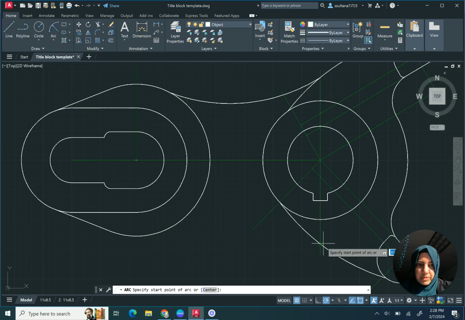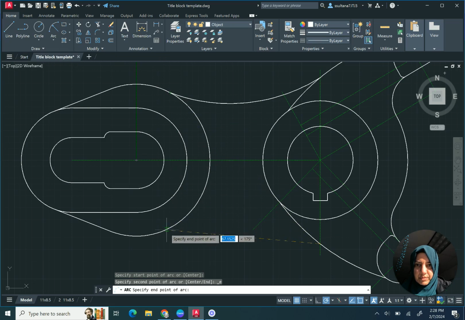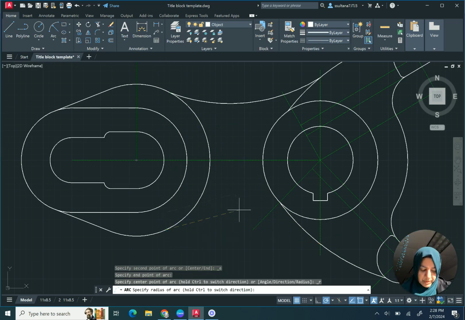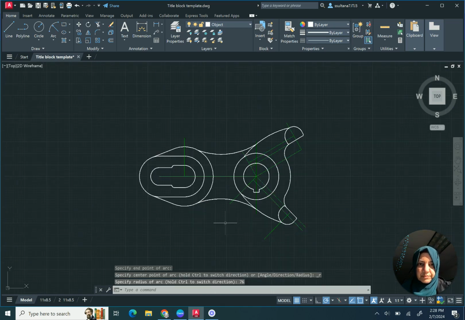So the arc is start and end is aligned with that on the top, and then radius 76. That completes the drawing,